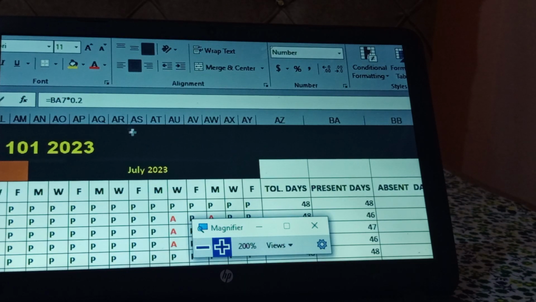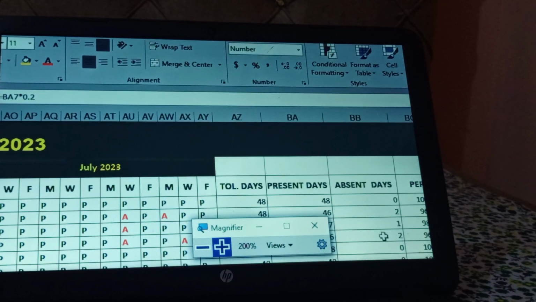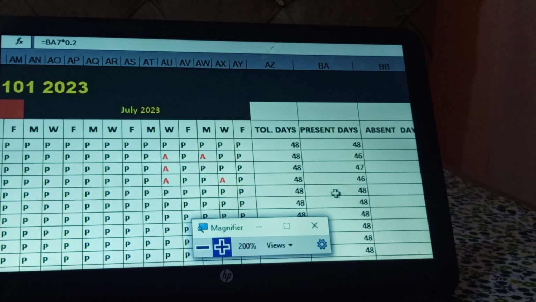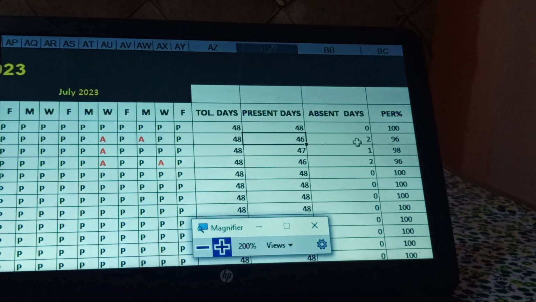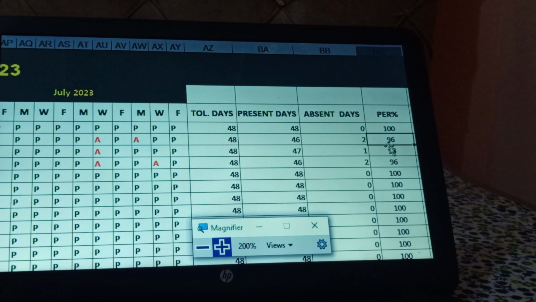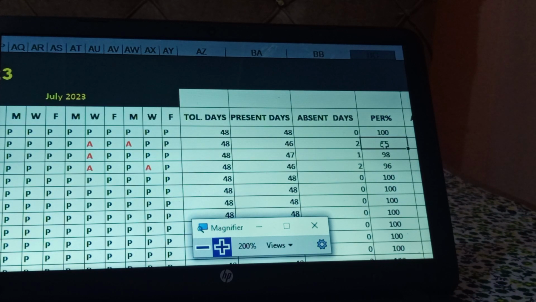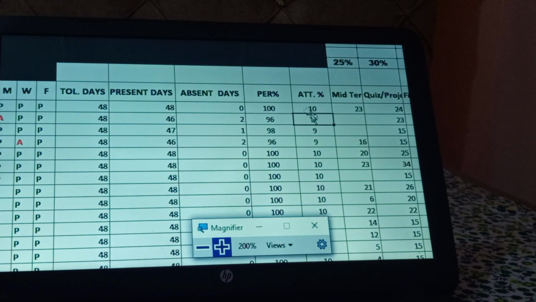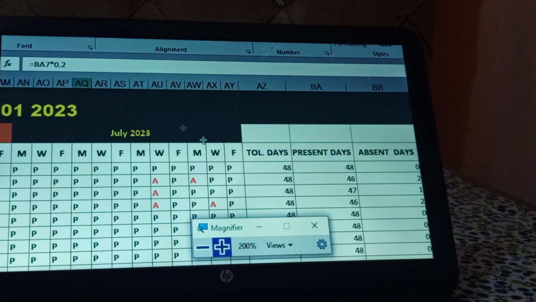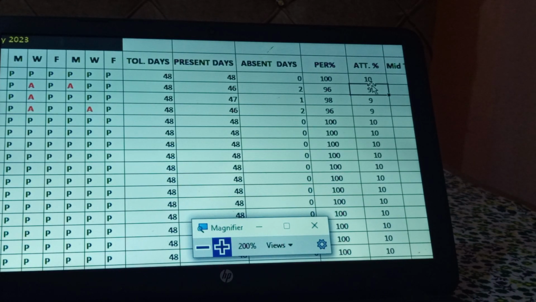How? So the present days right here, under this percentage sign, we have a function wherein we multiply the total present days times 0.2, because every day is worth 0.2. Every day is 0.2. That's why you see the code right up here, 0.2. So to calculate it, equal